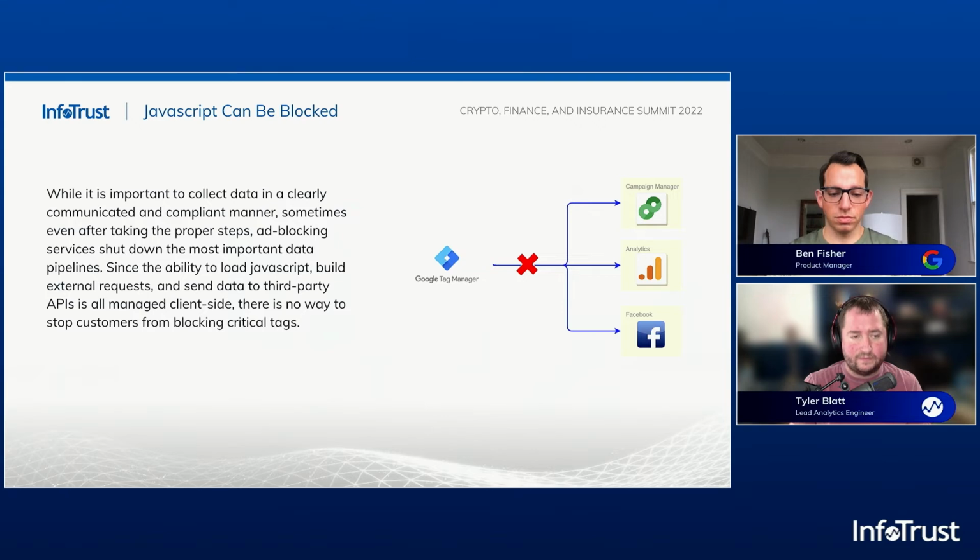Exactly. This is an interesting one, and I want to preface a stance that I have on this. If a user intends to block JavaScript, I think it should be blocked. So that if a user wants to, they have control of what happens on their browser, and that's very important. Now, you should have the consent of users before you collect their data. This is in no way a way to get around consent, but there are ad blocker softwares or things that will inherently block ways of collecting data, and